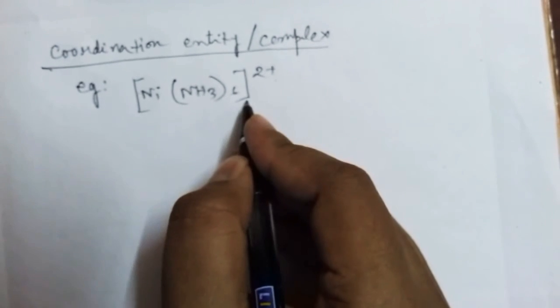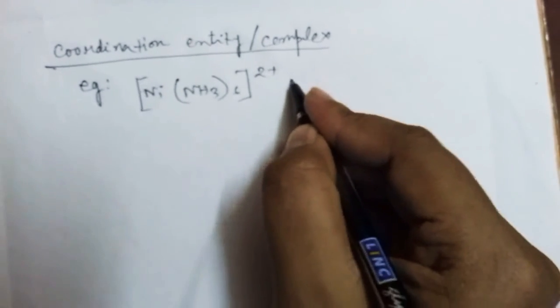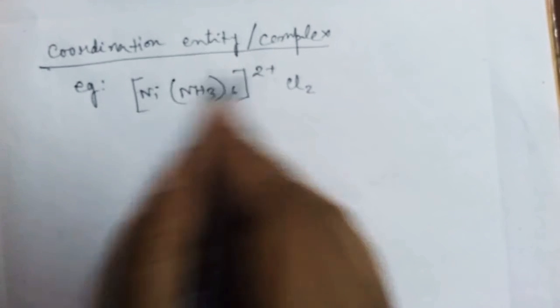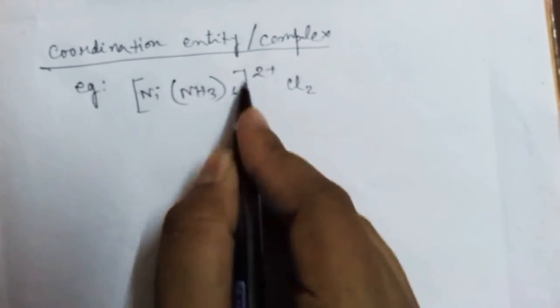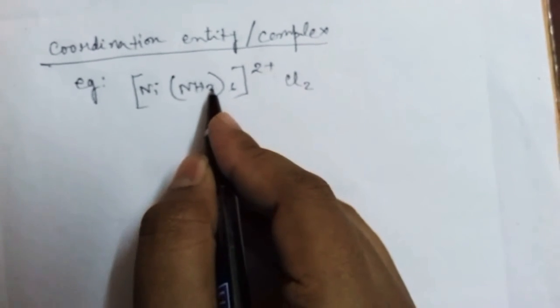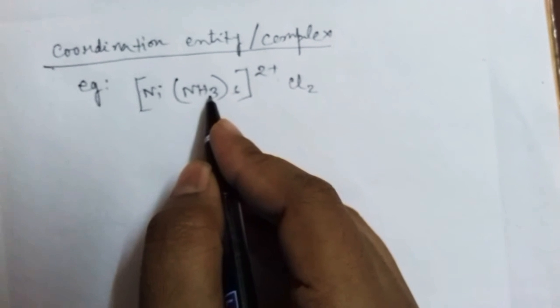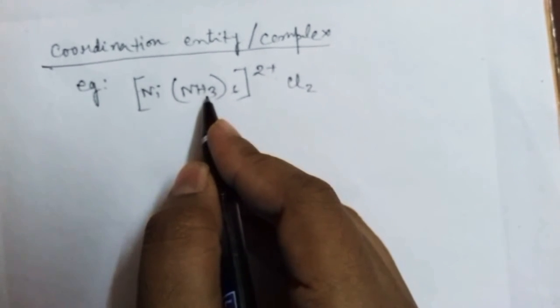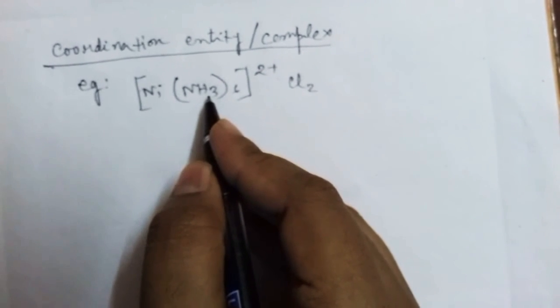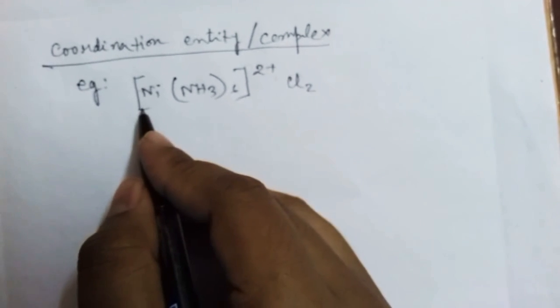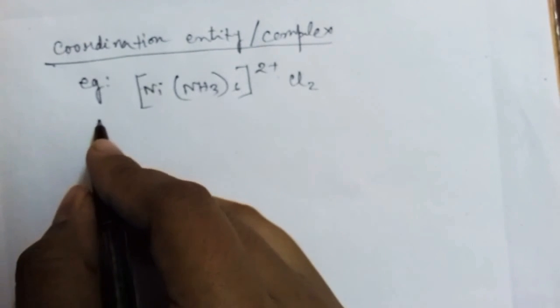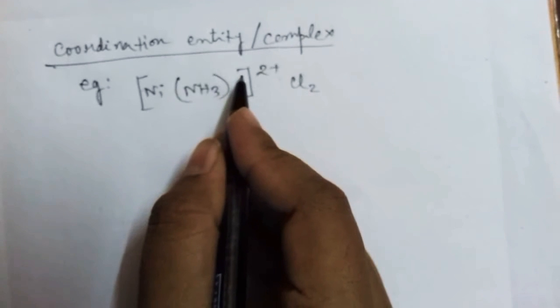In the total complex, the chloride can be outside the sphere, the coordination sphere. About the coordination sphere, if you want to know, please see our description box. There is a link given. So now, coordination entity means this part,